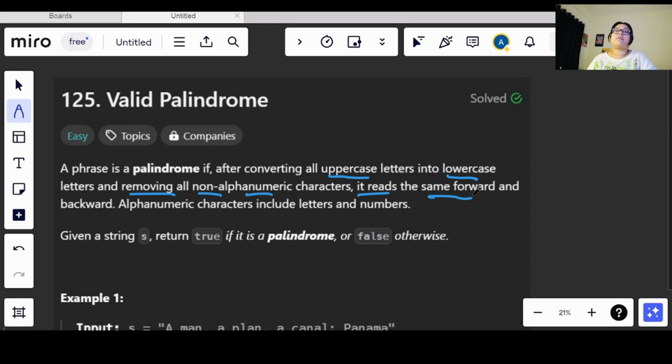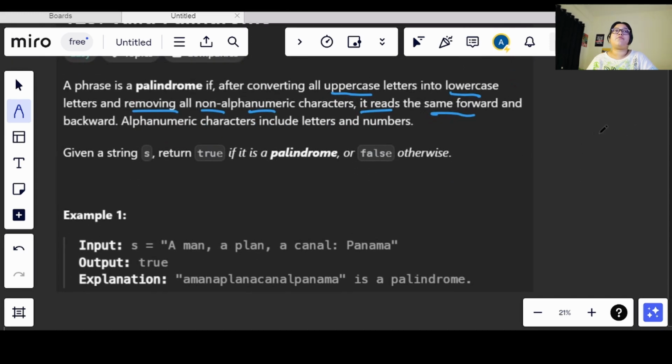So we need to check whether the string that we form by changing this entire string is a palindrome or not. So this comma and this colon are not valid, okay. It should only contain alphabets or numbers, and only then we need to check if it is a palindrome or not.